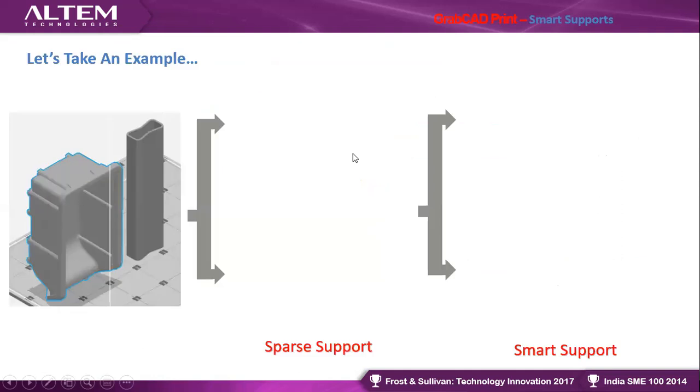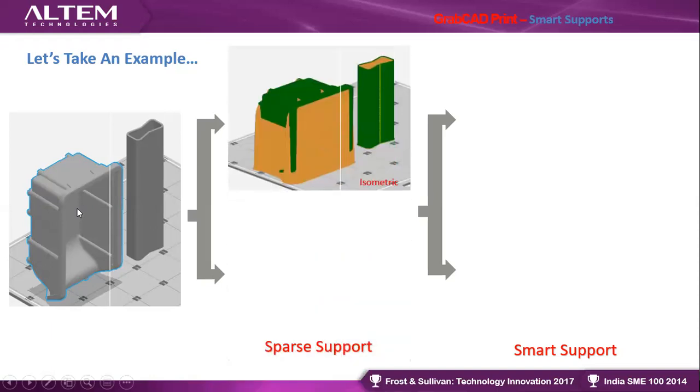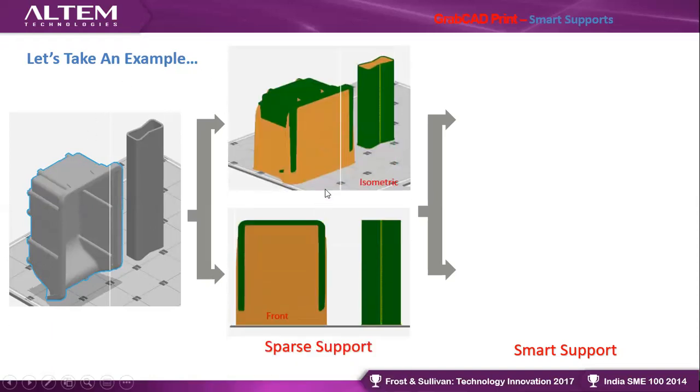So we'll just take an example. If I wanted to print this part, I know this is not the best orientation for it, but think I want to print it in this orientation. I can show you both options, the smart support and the sparse support. This is with the sparse support. You can see it's completely filling these areas; this is the isometric view and this is the front view. And the same model, if I wanted to print it with the smart support option,